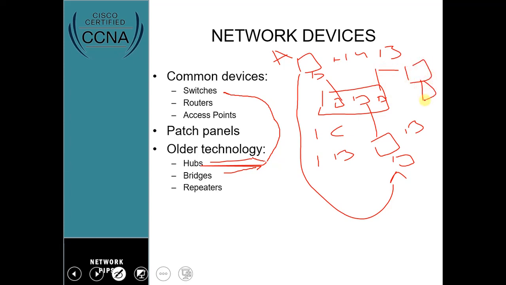And let's say you have another one sitting over here, PC C. Say PC A wants to send packets to PC B, and maybe PC C wants to send packets to PC B as well. The collision domain is the ability of these devices to communicate without their packets colliding. But unfortunately, a hub has a single collision domain, so these devices have to send packets one after the other.